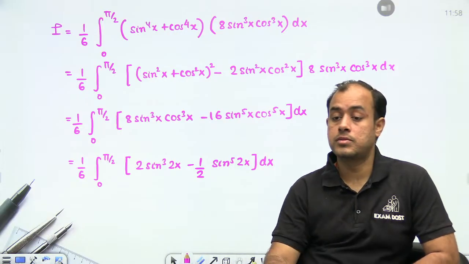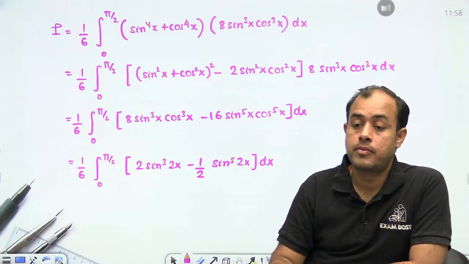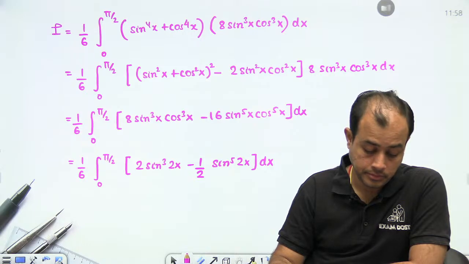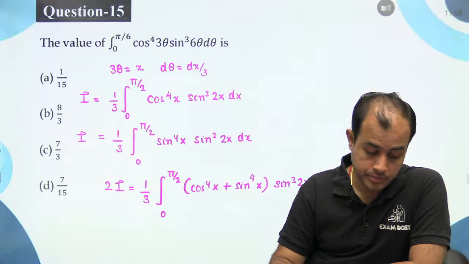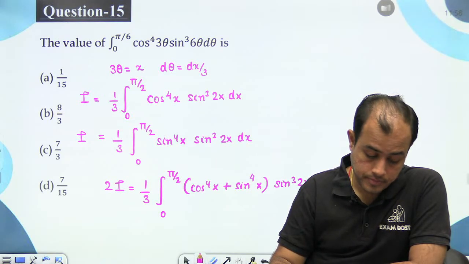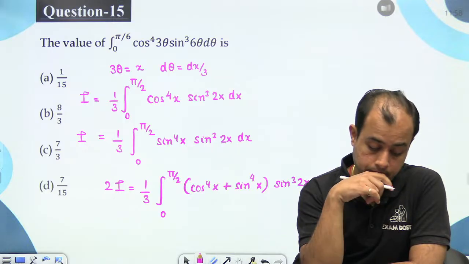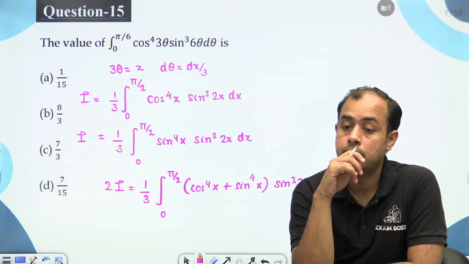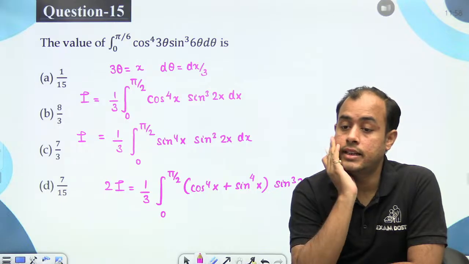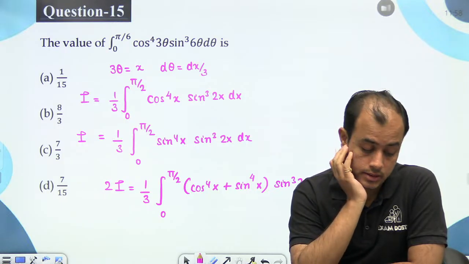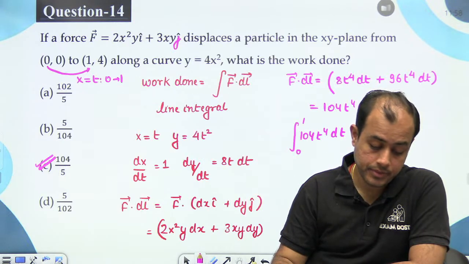Now what we can do? थ्री थीटा को टी मानकर वॉलिस वाले इंटीग्रेशन से कर लेंगे।